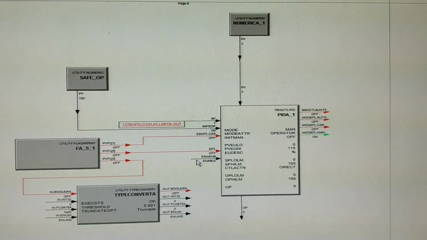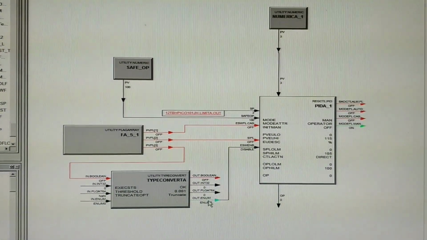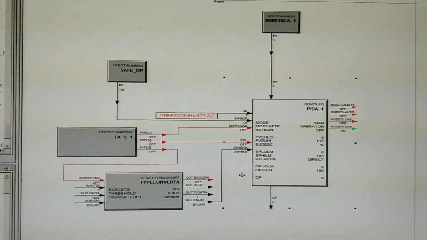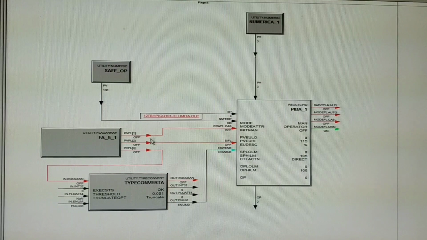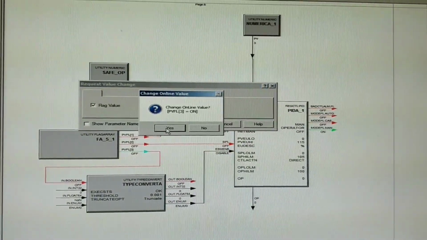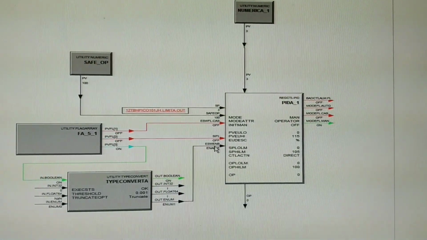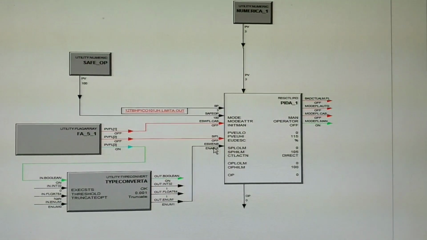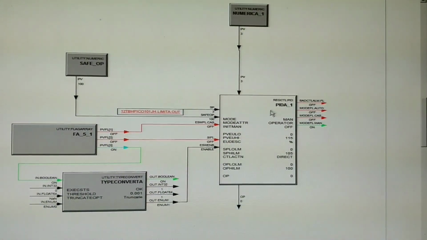Wait for 2 seconds. Now I have connected the particular enumerated output to the enable bit. This is in disable condition. As we set the flag to true, at that time this is in enable condition. It means it will allow the operator to change the particular mode of PID controller.